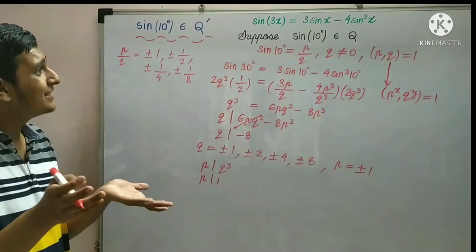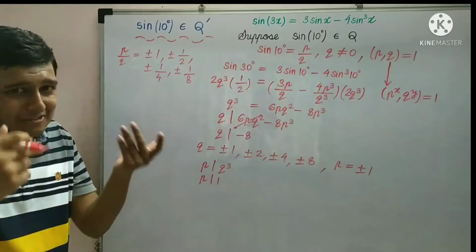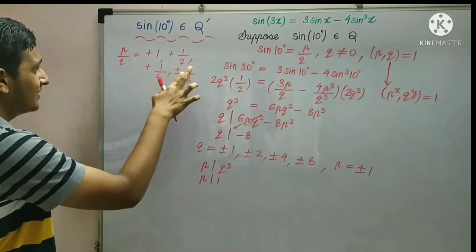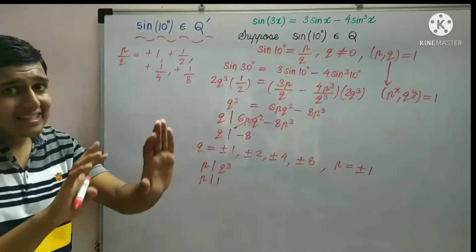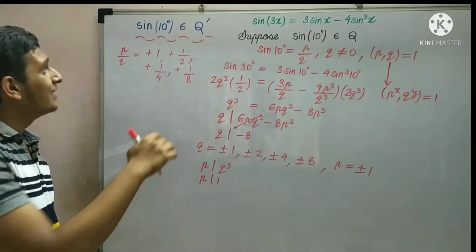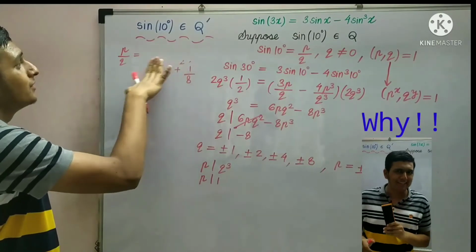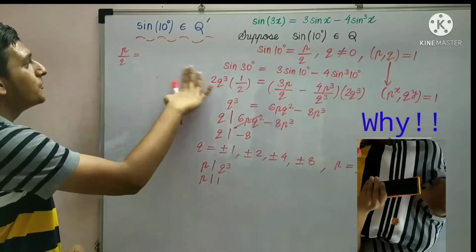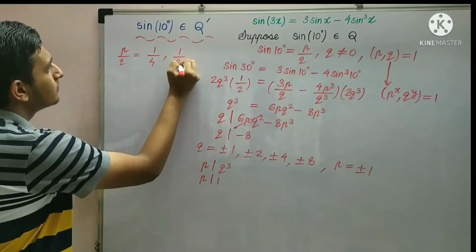But because it is sine 10 degree, it can't be negative as 10 degree lies in the first quadrant. You can simply strike off the negative possibilities. At the same time, because sine 10 degree is smaller than sine 30 degree, it can't be greater than half. So if sine 10 degree is rational, it can either be equal to 1 over 4 or 1 over 8,